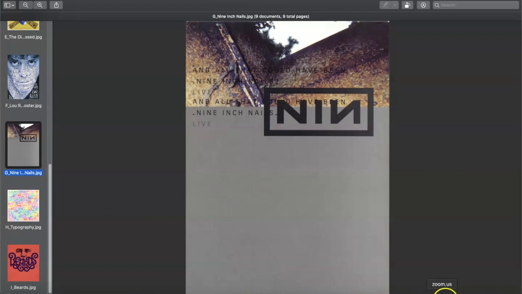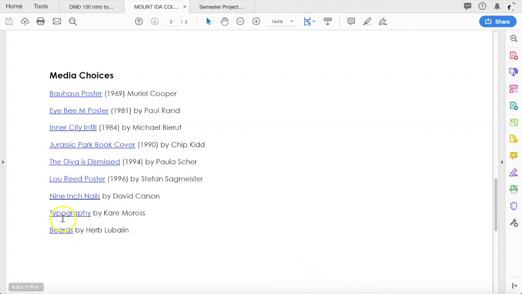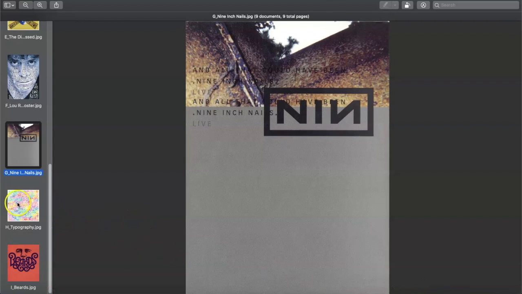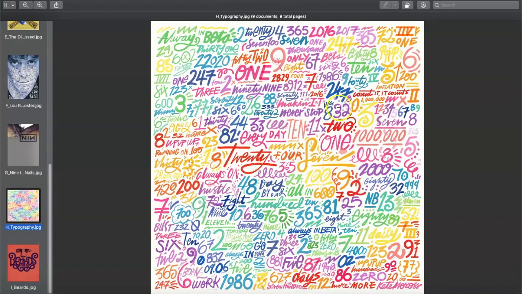Okay, so there's that piece, and then our second to last one here is just plainly called Typography by Kate Morose. The polar opposite of David Carson, who's kind of a dour, grungy dude. Kate Morose is really a sunny, upbeat person, and she does a lot of hand typography as well, similar to what we saw in the Lou Reed piece, except that, as you can see by her choice of color palette, her stuff is really super upbeat and colorful and fun. She's a really great designer who does this almost childlike, whimsical work. So certainly check out more of her work if you're interested, but some pretty great stuff.